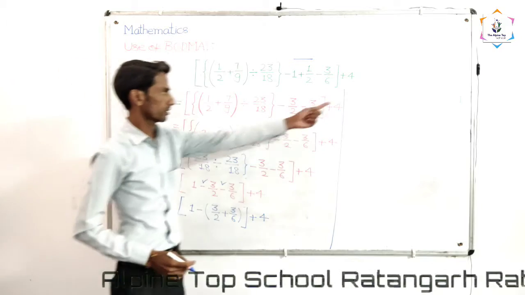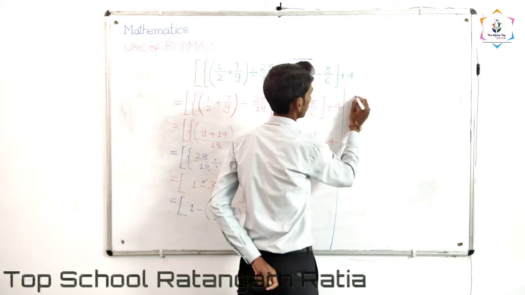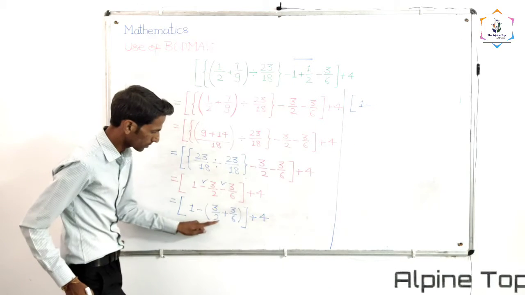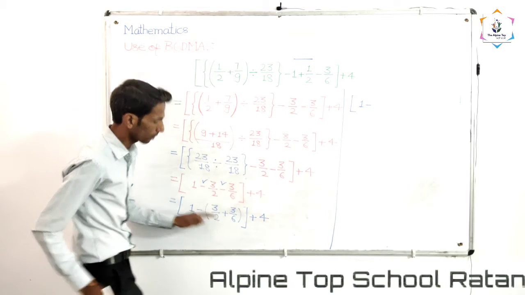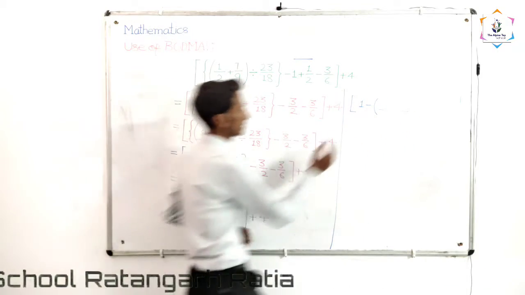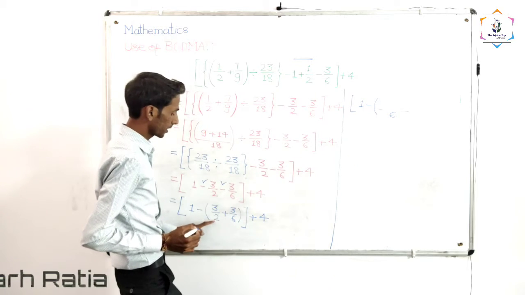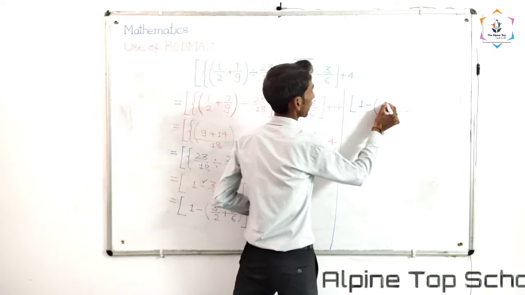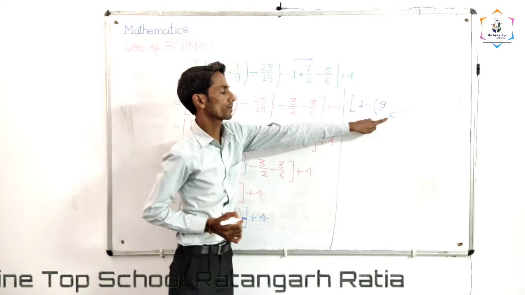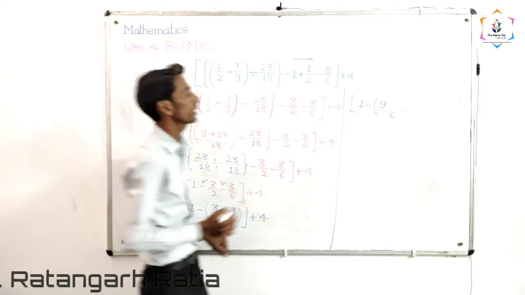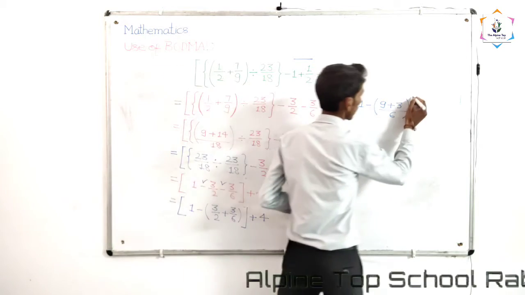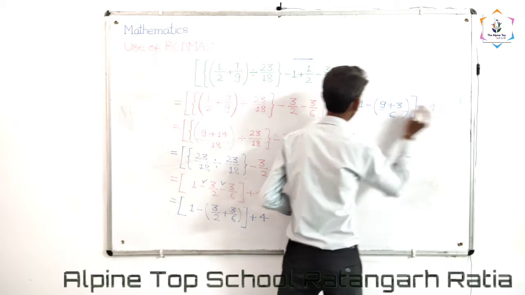I am going to write this pattern on that side. Square bracket, 1 is there, minus. Dear student, here we are observing 3 by 2 plus 3 by 6. Now I am going to take the LCM in this bracket. LCM of 2 and 6 is 6. When you divide 6 by 2, you will get 3. 3 3s are 9. Now when you divide this LCM 6 by 6, you will get 1. 1 into 3, 3. I hope you are getting what I want to tell. Plus 4. Now start solving.